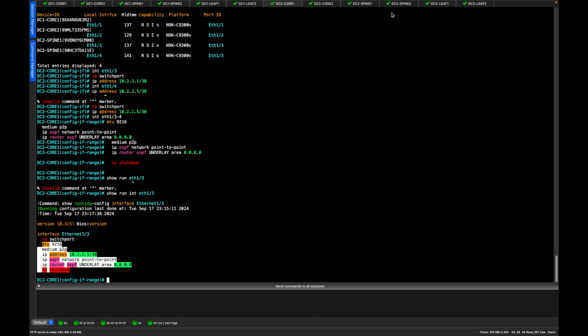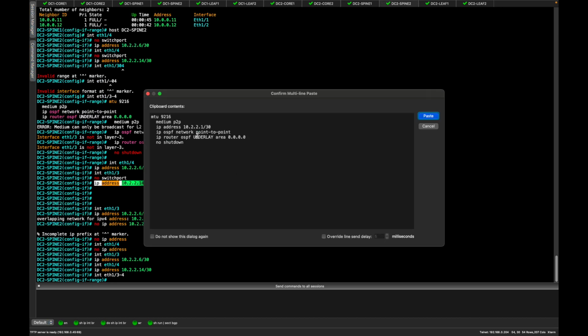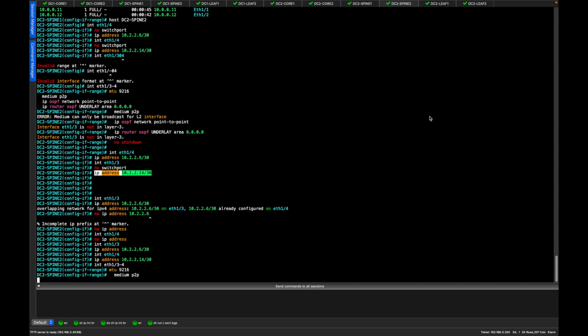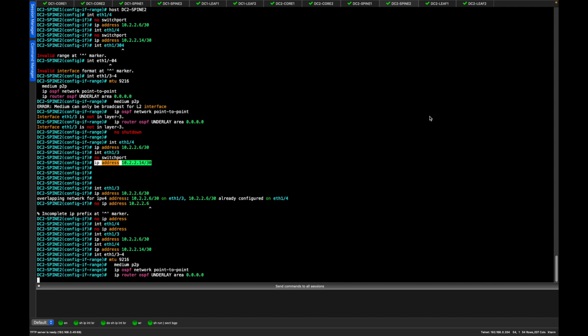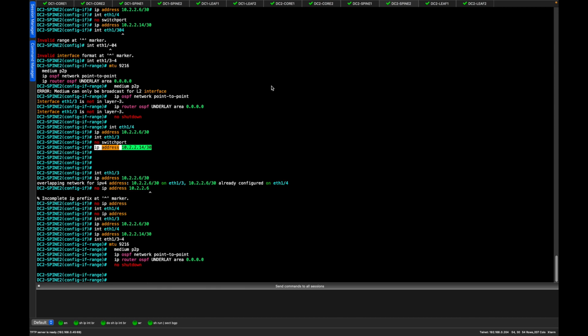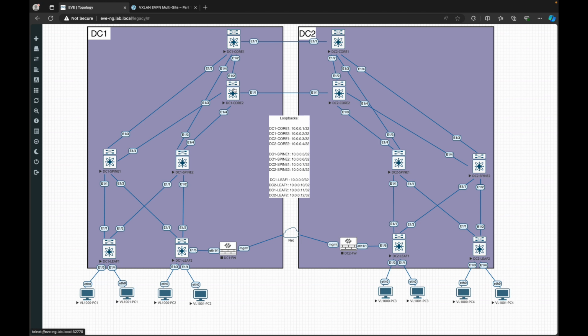Like so. Get rid of the IP. There we go. Right. So last interfaces we need to configure are the inter or kind of intra-core, should we